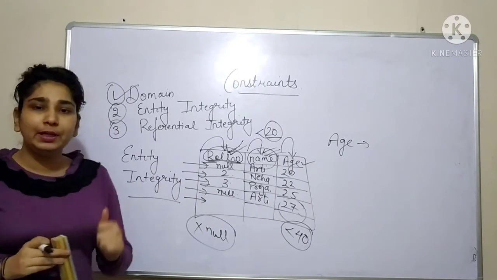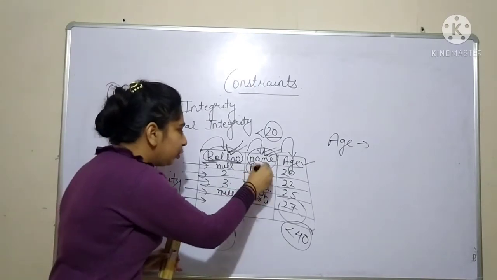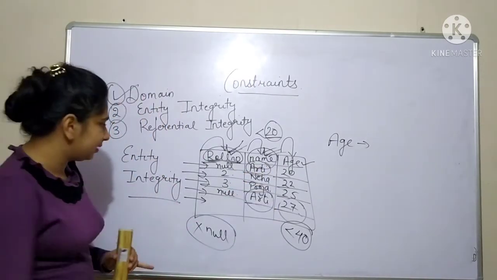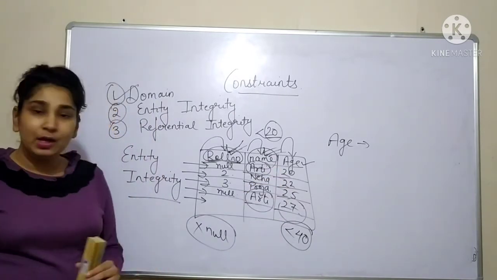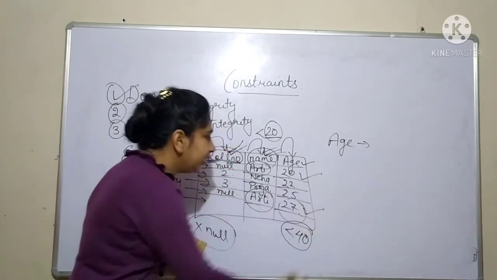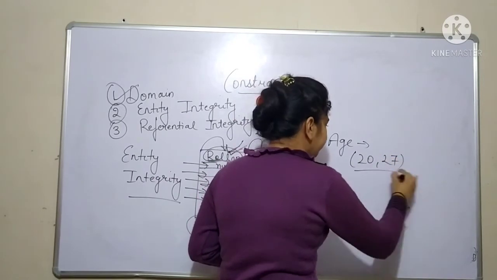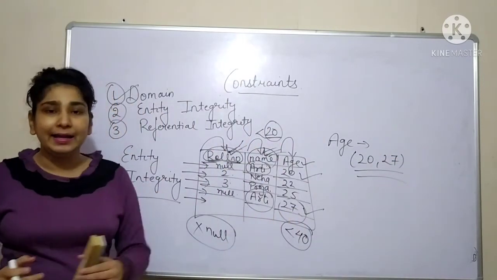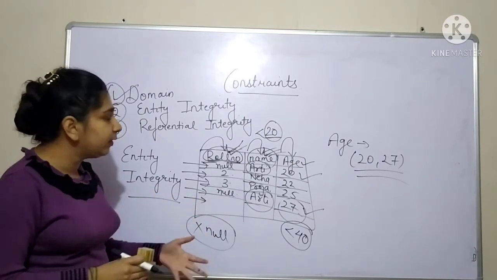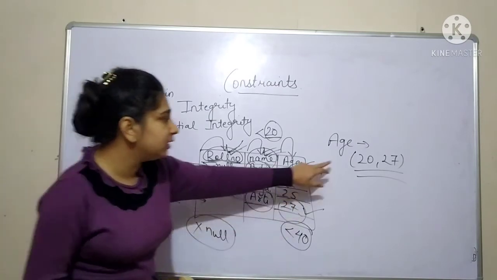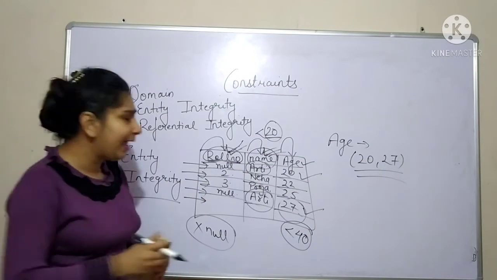So what will I be doing? I will be searching in the name column. I have two places where Aarti is present, here and here. I want to calculate her age. Now what values are we having? We have two values, 20 and 27. If I ask you a question, what is the age of Aarti? We would say it is either 20 or it is either 27. So we don't have a definite answer.